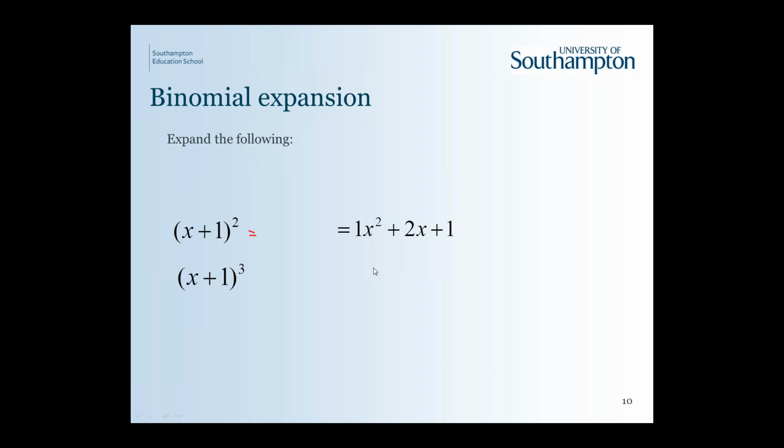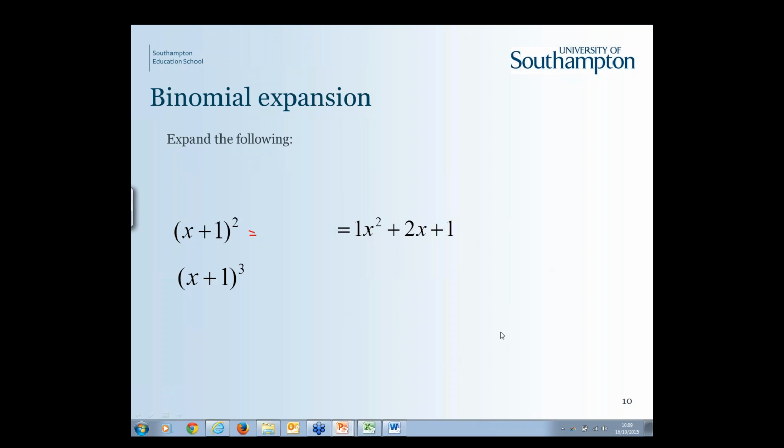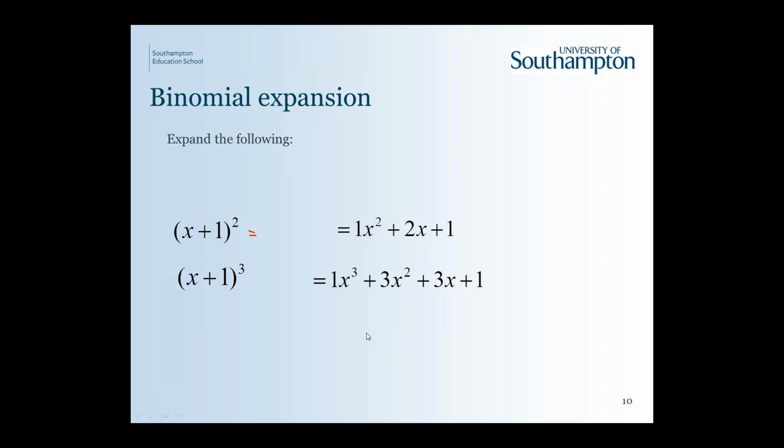So the easiest way is just to take this one and put it next to another bracket of x plus 1, and then expand it. So you end up with x cubed plus 3x squared